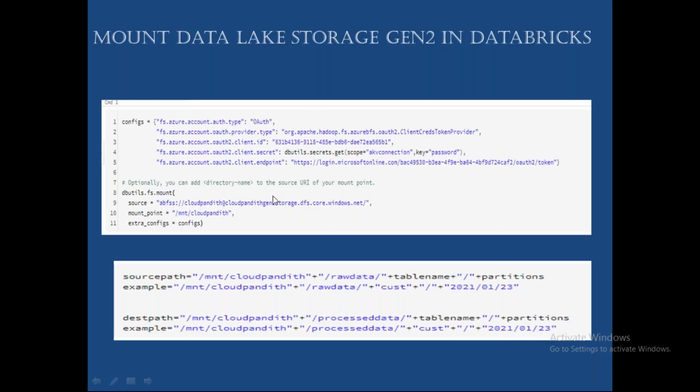Once you create the mount point, on top of it you can access all the subfolders like the raw data folder and processed data folder. Inside the raw data folder I have multiple tables, but I am focused on the cust table. Inside the cust table I have different data, like customer data you received maybe in 2010. From 2010 onwards you are getting data, and you want to process for a particular date. For example, the customer is asking you to process today's data, so you need to pass today's date, 2021-01-23, so that you will pick only that particular day's data, and once you read that data you can write it